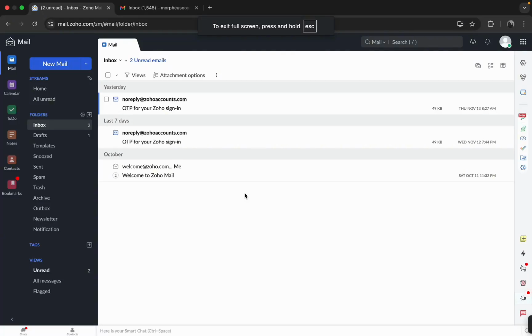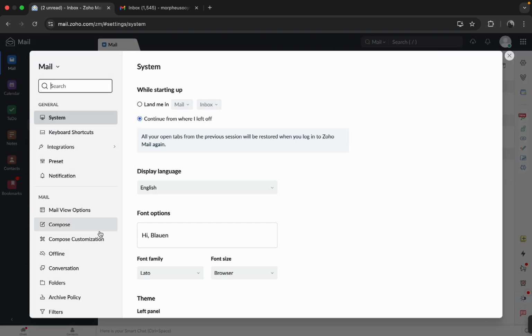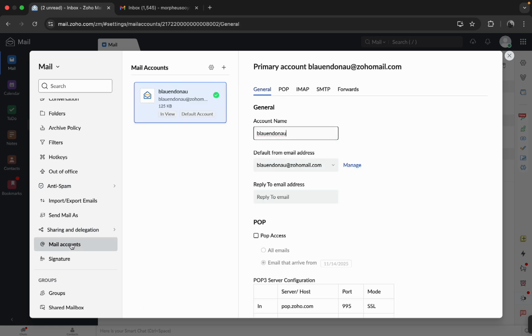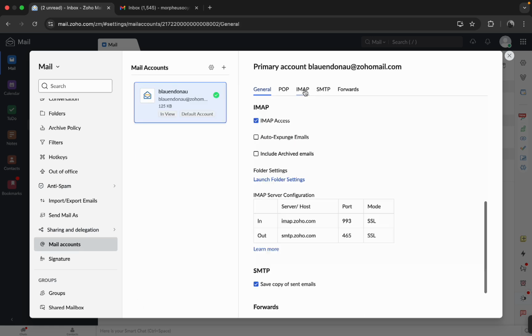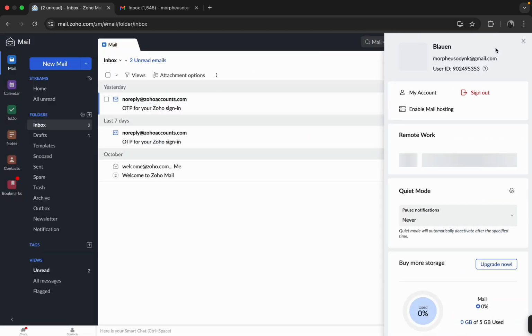Hey guys, for this video, I'm going to show you how to log in Zoho Mail to Gmail. So what you're going to do, you're going to go to the settings here in Zoho, then you're going to scroll down until you see mail accounts, then you're going to go to IMAP, then you're going to make sure that the IMAP access is allowed, and once you've done that, you're going to go to your profile, click on